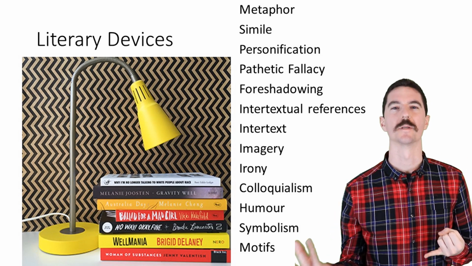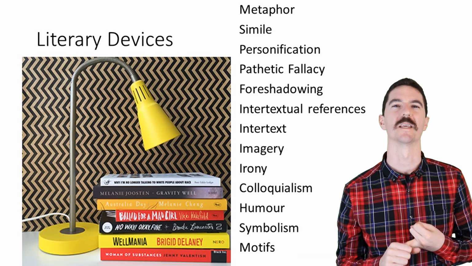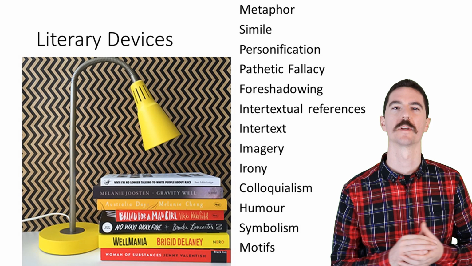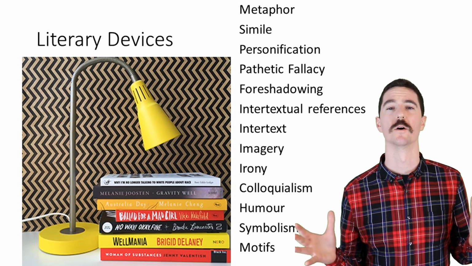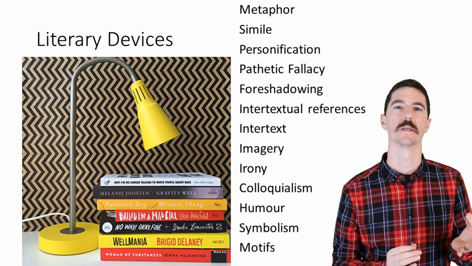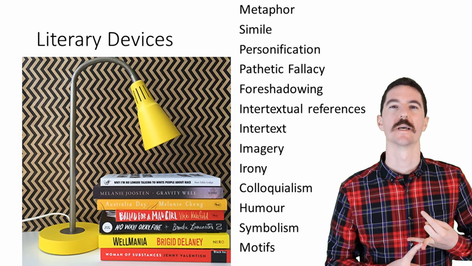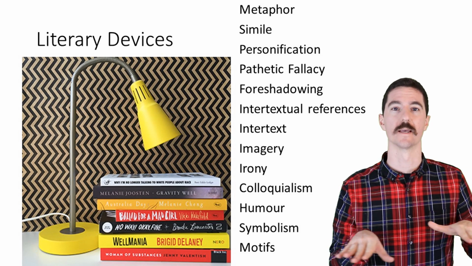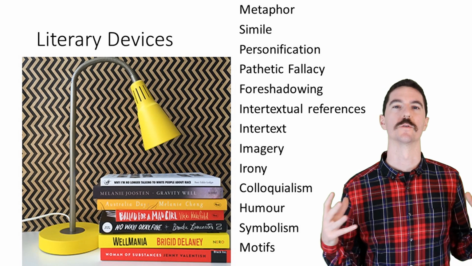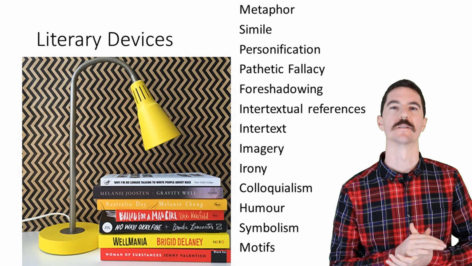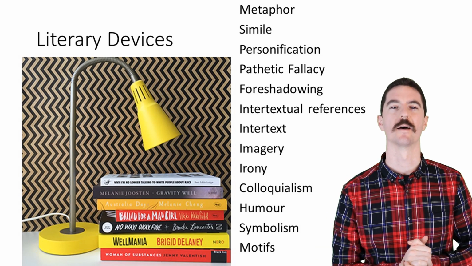So metaphor, describing something as something else, so something is or as that thing. Simile is something is like something else. So personification is giving human attributes, emotions or feelings to a whole range of things. She doesn't use this technique that often, but when she does it's quite noticeable. She also does pathetic fallacy, which is one subset of personification, and that's essentially giving human emotions to mostly natural events or objects. So I've got here foreshadowing, which doesn't really cover it.